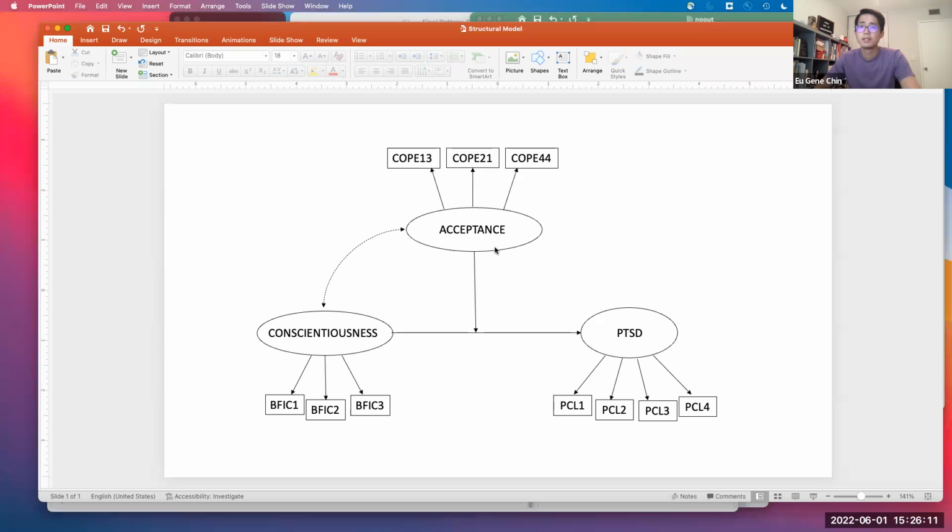So for this particular moderation model within the context of SEM, these are the 3 constructs. You'll see that we're going to model a covariance between conscientiousness and acceptance as well within the particular model, just because it seems to make sense to me in my mind that these 2 latent constructs would be correlated. And we see here the indicators for each one.